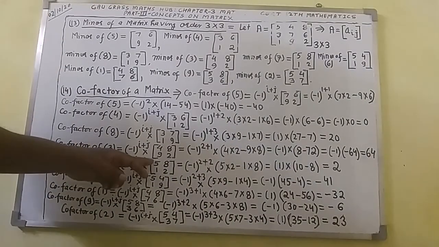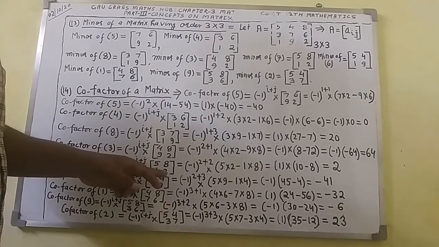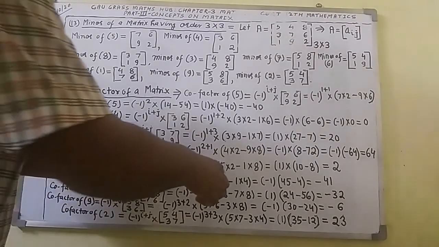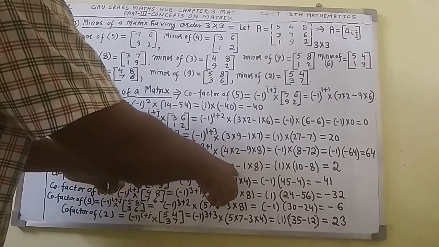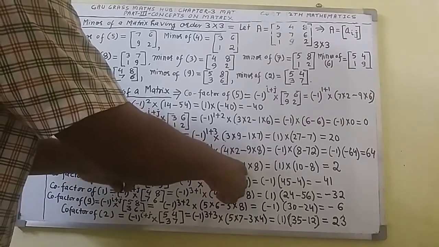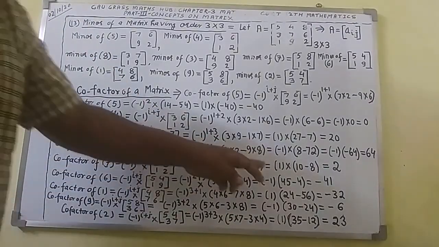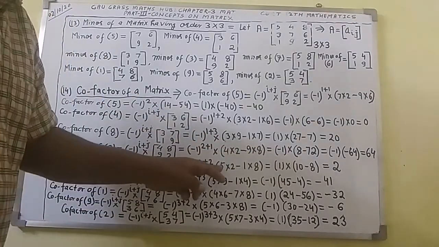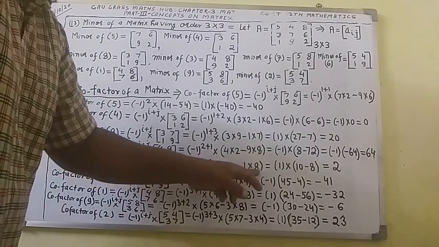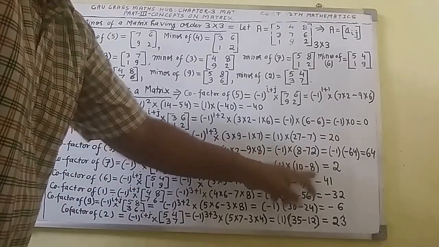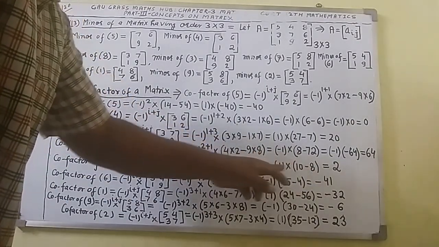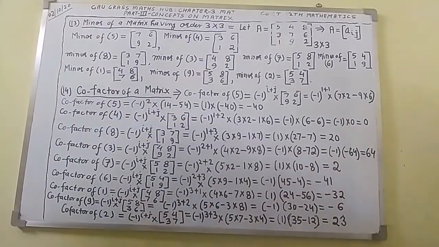And the principal diagonal elements will multiply first. 5 will multiply with 2, and we get 5 into 2, minus the reverse diagonal elements 1 and 8 multiplied together. 1 into 8, you will get this. And 5 times 2 gives 10. Minus 1 multiplied by 8 gives 8. 10 minus 8 gives 2. 2 multiplied by 1 gives 2.